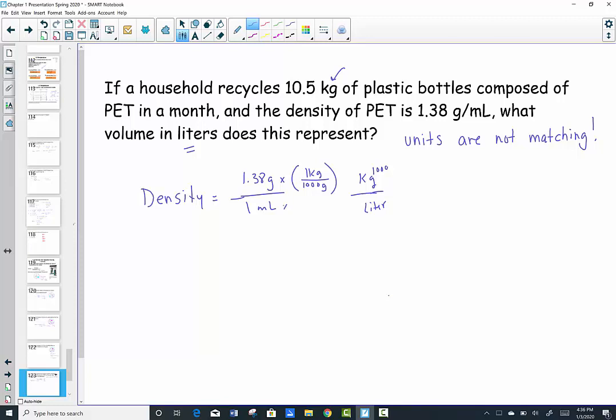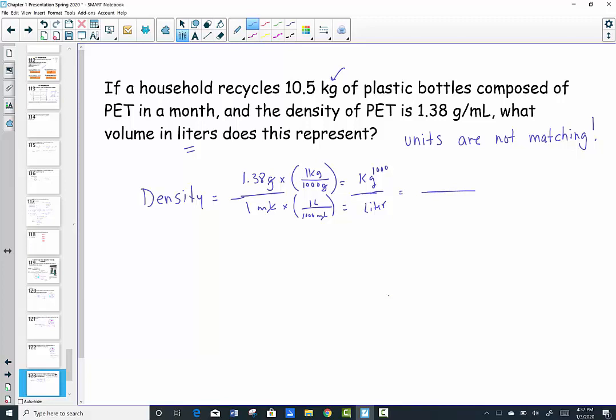And I know that milli is 1,000th. So there's 1,000 milliliters in a liter. And when I do this, I'm converting our grams into kilograms and a milli into a liter. So if I hit that out,